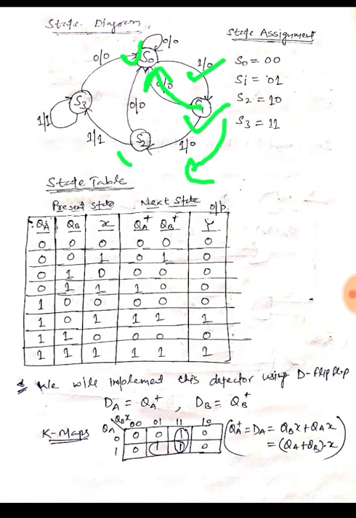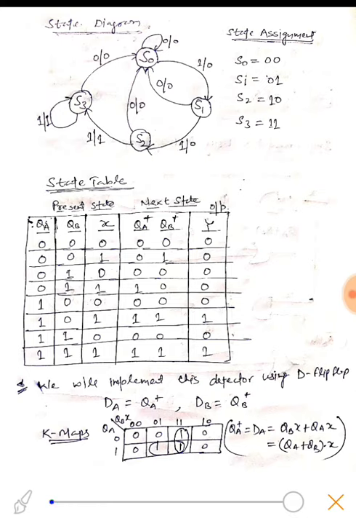Similarly, if in state 2 I get a 0, it will go back to initial state, and if I get a 1, this means we get 3 ones, it will move to state 3, and the output in this case would become high. In this case, if we get a 1, the system would move to state 3, and the output would also become 1.